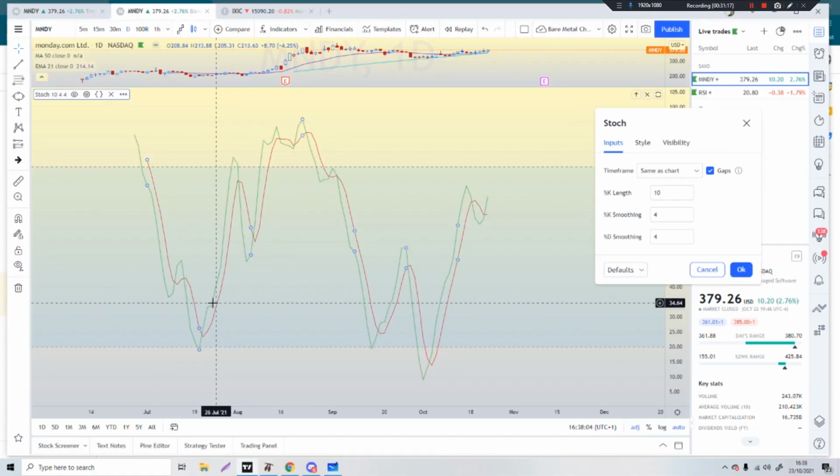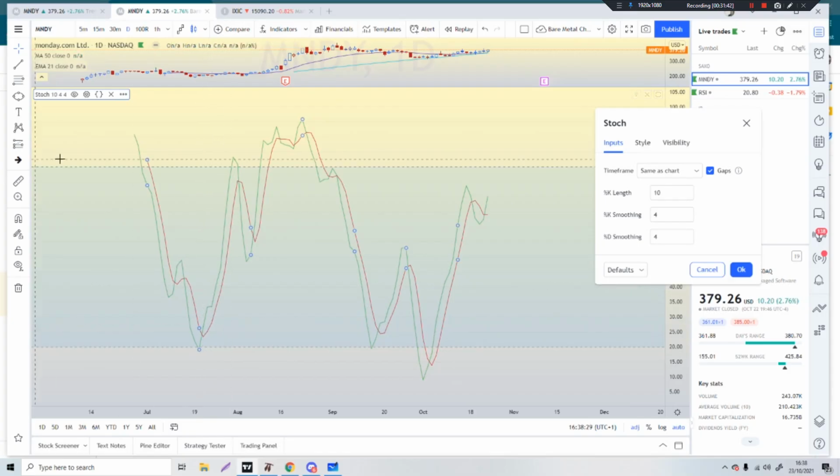So this is showing you the momentum. I feel like the green line is the momentum, and the red line is the longer term momentum, which is where price tends to be. And whenever I've explained this to anybody, the stochastic shows you the direction of price, and then price kind of lags a few days behind,